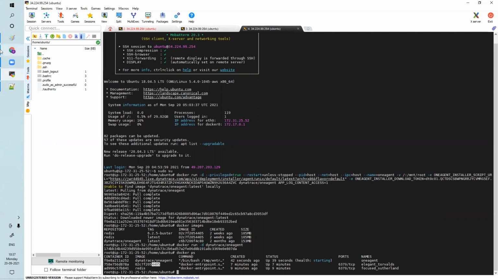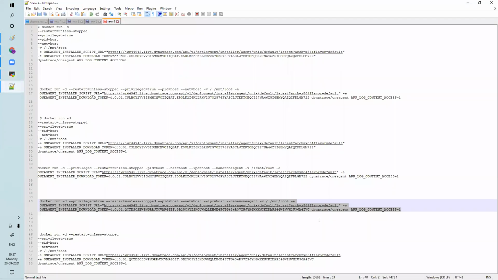So remember this path, copy and take this path. Once Docker is installed in a corporate environment, you just need to replace the URL and the API token, not the PaaS token. The PaaS token is for the wget command. Here we have an API token. Keep it somewhere, so it will be easy for you when you get a chance.